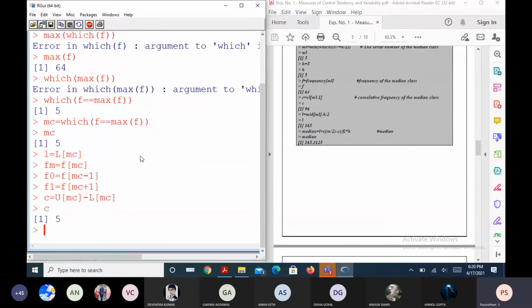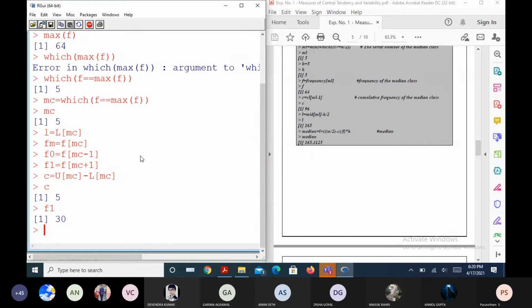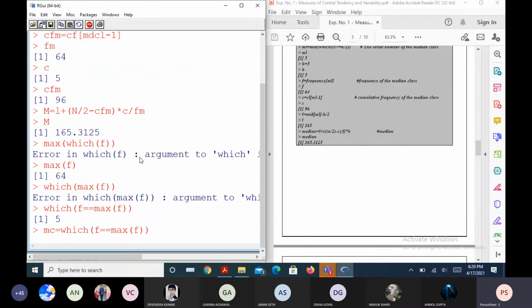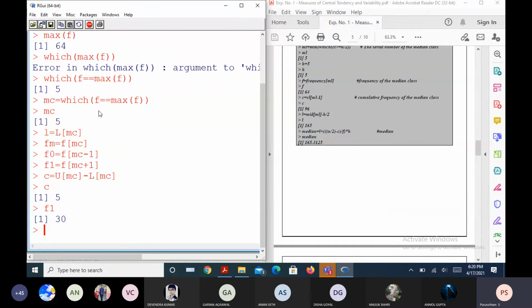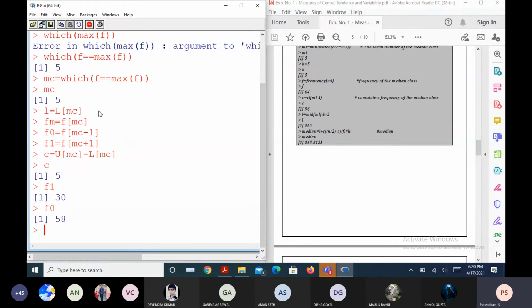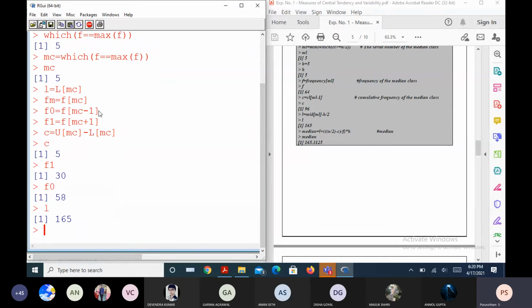So C is 5, F1 is 30. Let me look at the succeeding frequencies. Yes, for 64, the succeeding frequency is 30. The preceding frequency is 50. Let me look at whether we are going to get F0 as 58 or not. It's 58, and the lower limit of this one is 165, right?